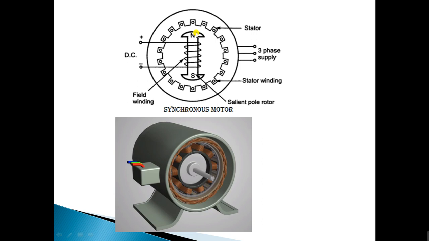Suppose we have two poles with a 50 Hz supply, then the speed of the rotating magnetic field will be 3000 rpm. This effect is similar to the physical rotation of two poles with the speed of Ns in rpm. Right? Similarly, when we give the field winding on the rotor excited by DC supply, it also produces two poles, assuming rotor construction to be two-pole salient type.